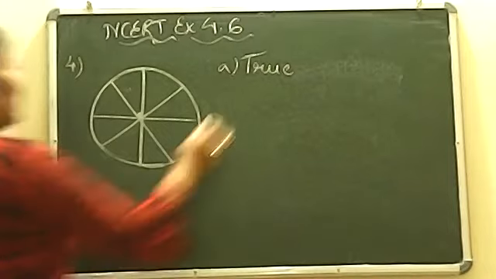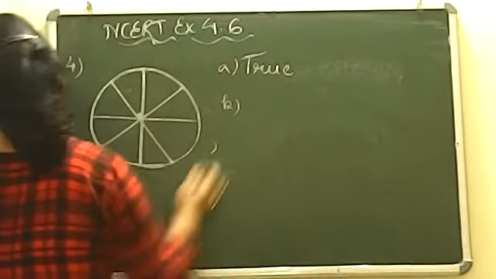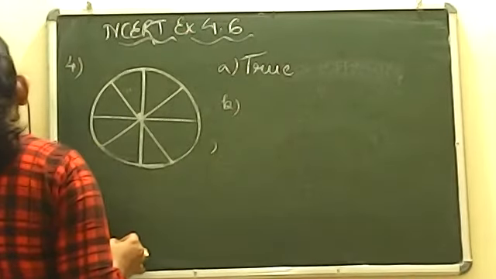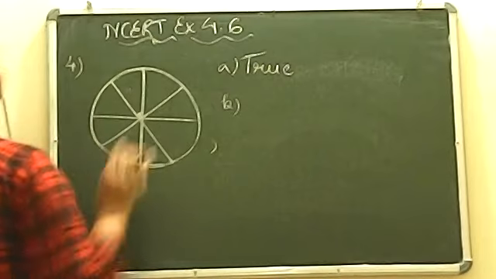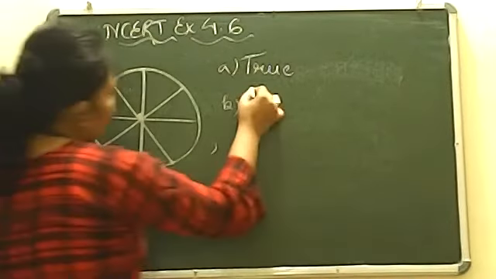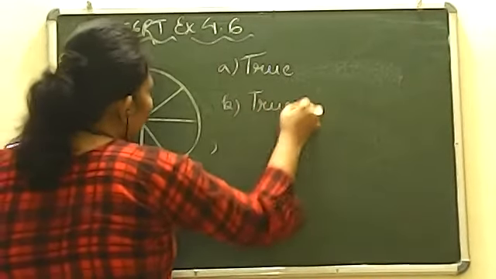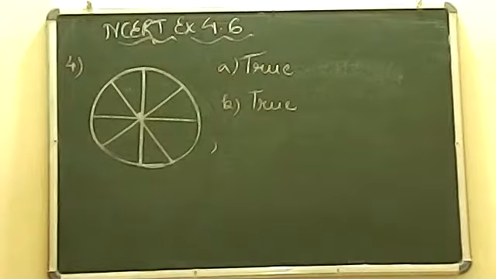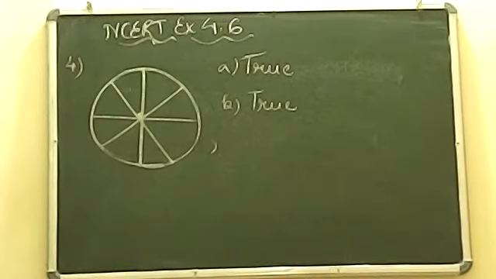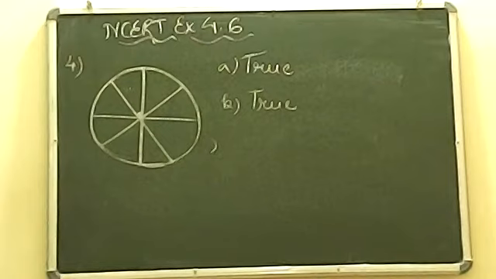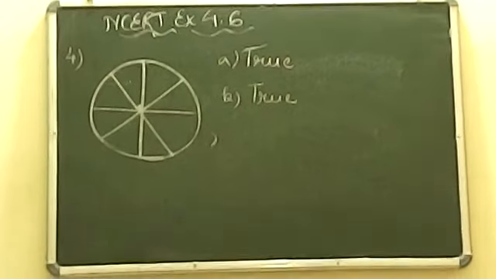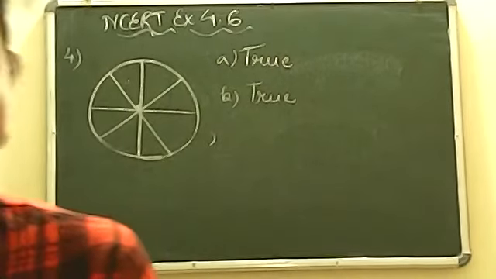Fine. Now let's move on to the last question of B1. The center of a circle is always in its interior. Yes, this is also true, beta. Why? Because अगर circle का center interior नहीं होगा तो आप circle draw कैसे करोगे? So this is also, the answer will be true. Now this exercise is completely done by us.